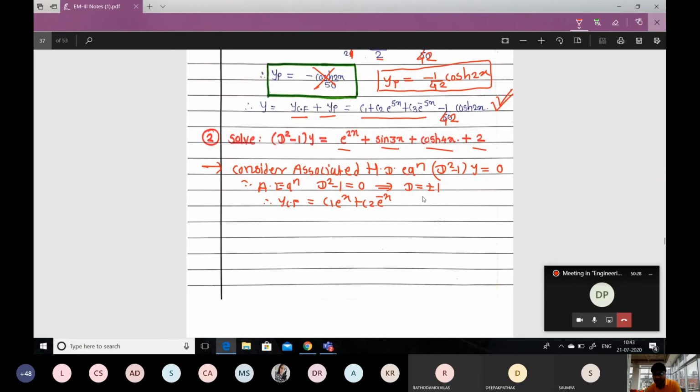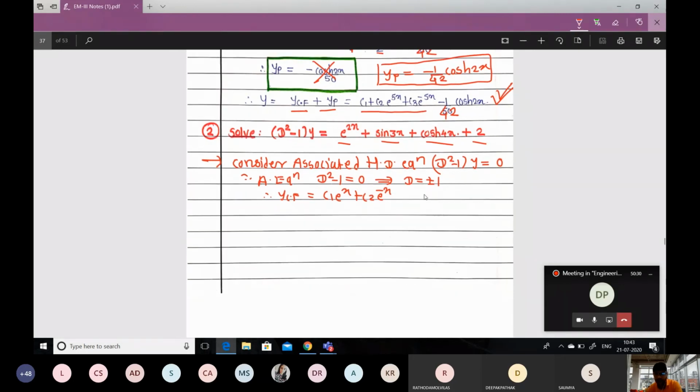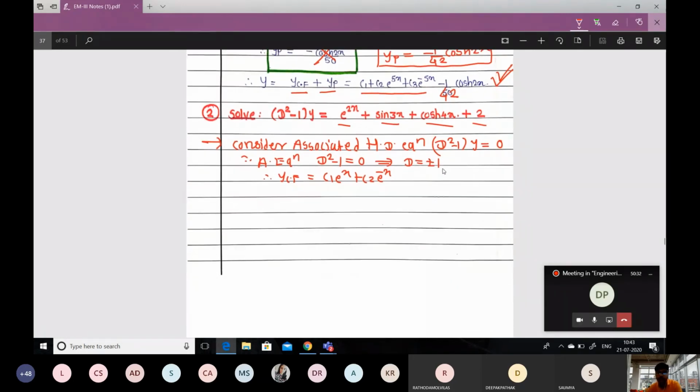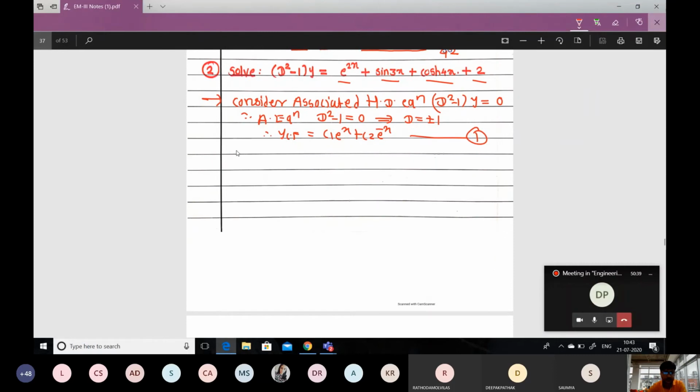Why? Because of the negative root. One is positive 1 and one is minus 1. And this is the complementary function. Let me call this A1. Next, we want